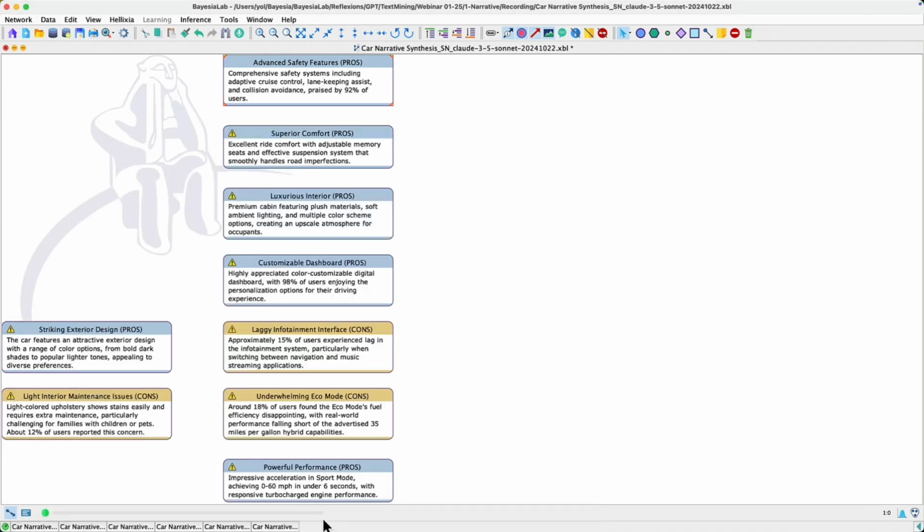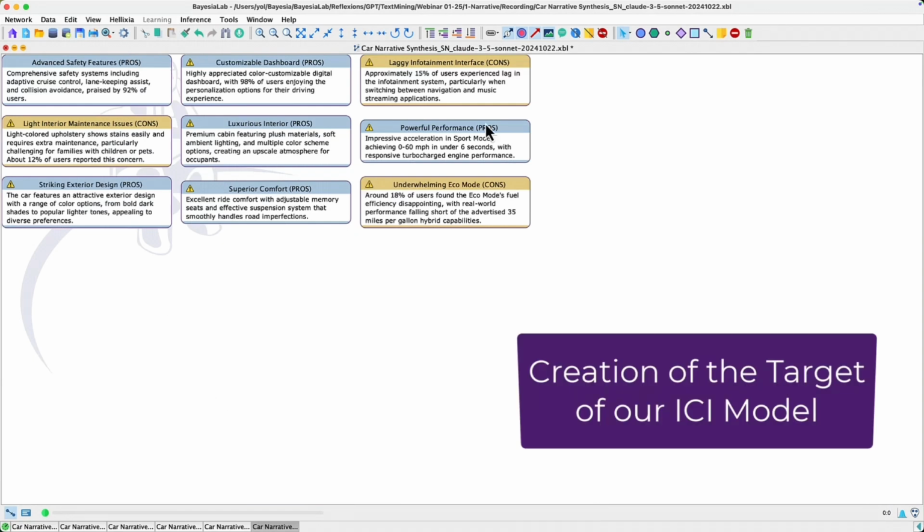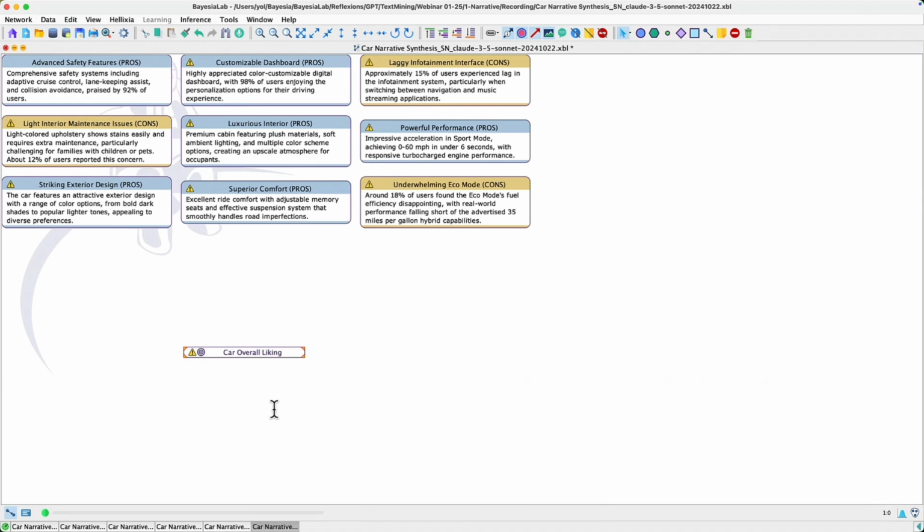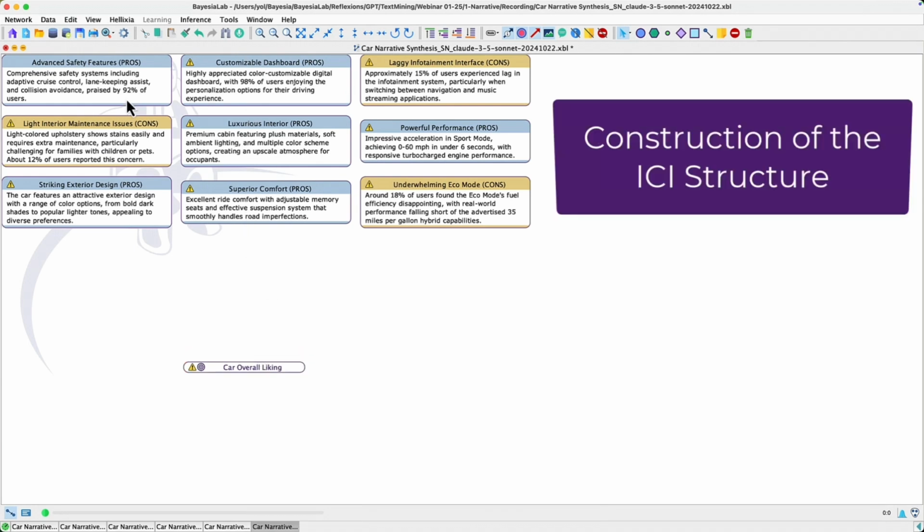So we don't have data any longer, and we have these 9 nodes that are now Boolean, right? And we create our target node. So this is the output of our model, if you want. We set it as target, and then we create our ICI structure.